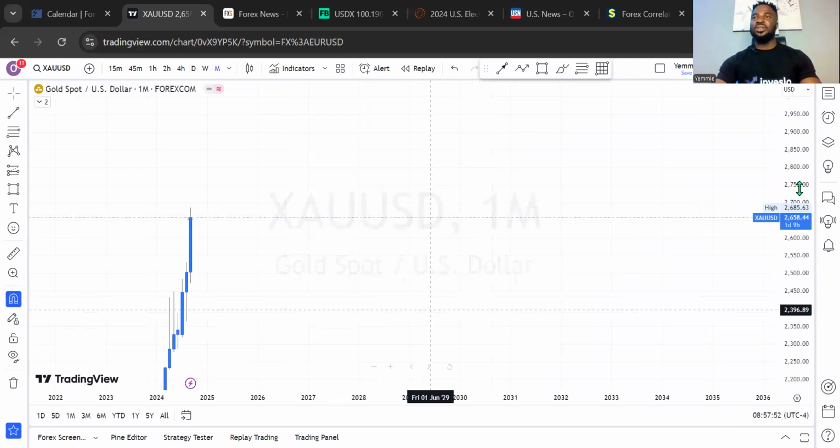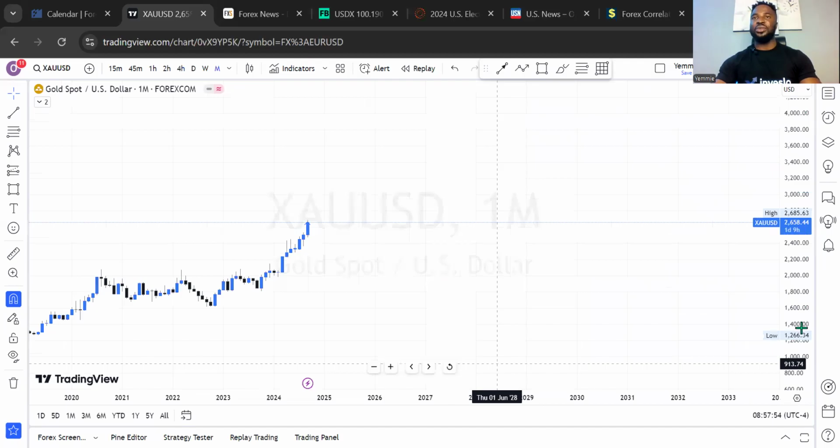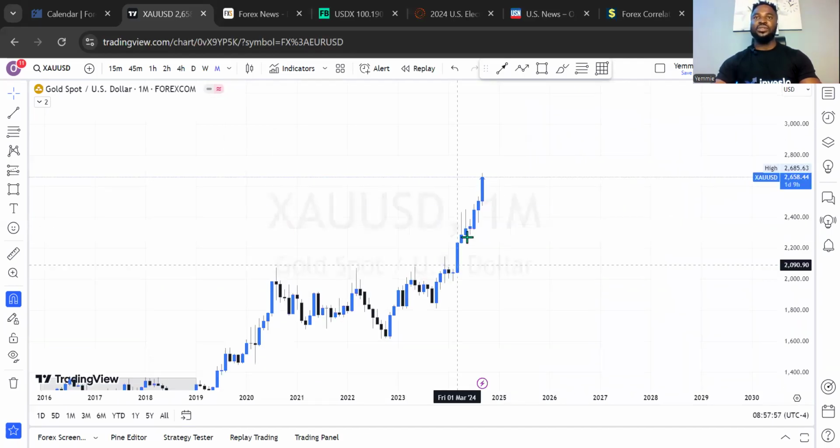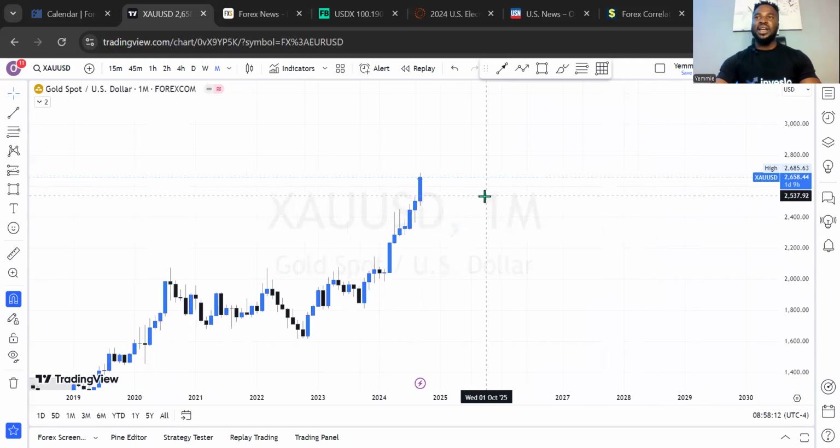So gold has been very bullish for the past few months now, and this is the consecutive 1, 2, 3, 4, 5. This is a full liquidity pool right here. For the past 7 months, it's been bullish, breaking its own record. If you remember Zenbolt, that's what it does every time. It's breaking its own record, creating an all-time high every single time. Last month, it created the all-time high at 2,534.48. And currently, it has created another all-time high at 2,685.78. But it closed at 2,658.27 for the last trading week.